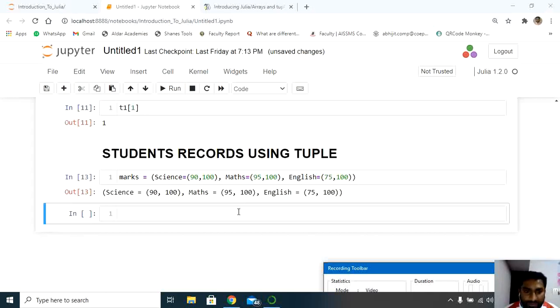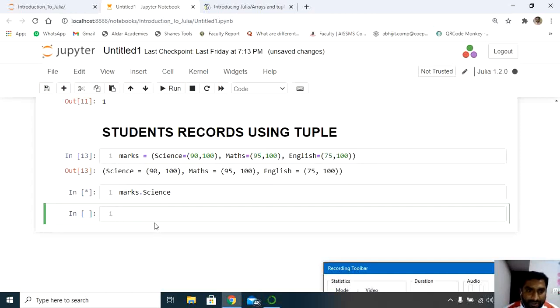If I want to access the value of any subject, let's say science, you can access the value of science inside the tuple called marks using marks dot science. It should give me the value as 90 comma 100.